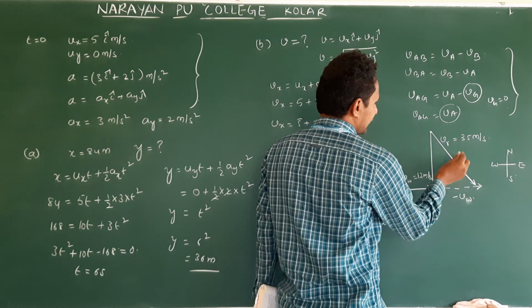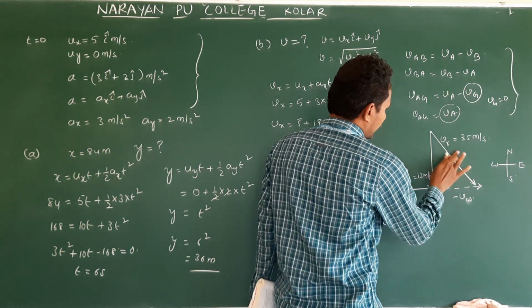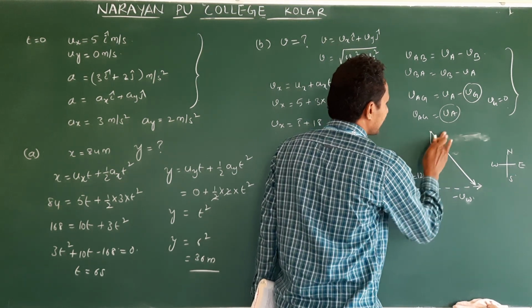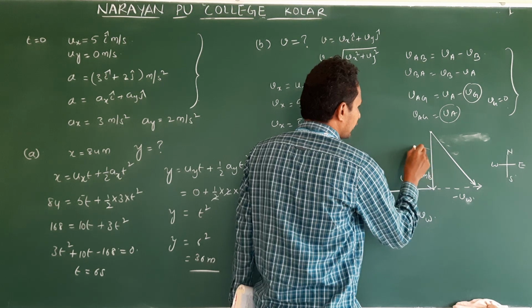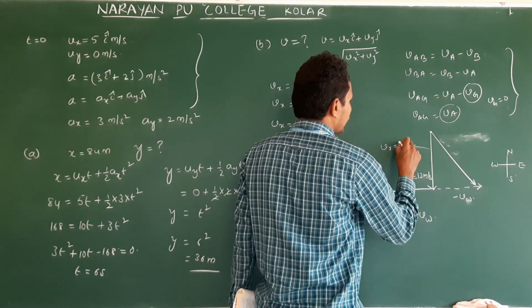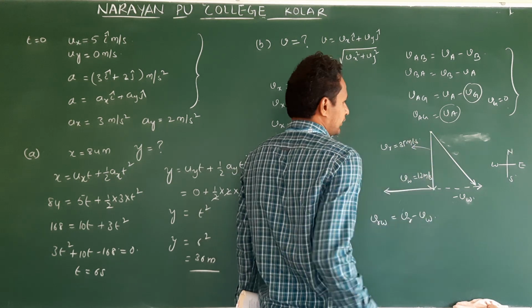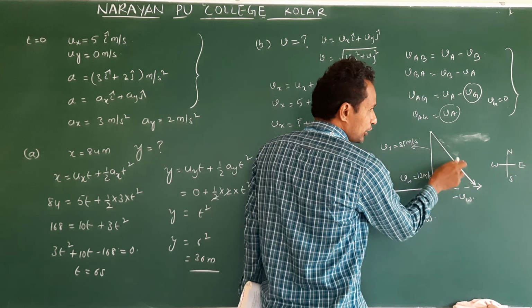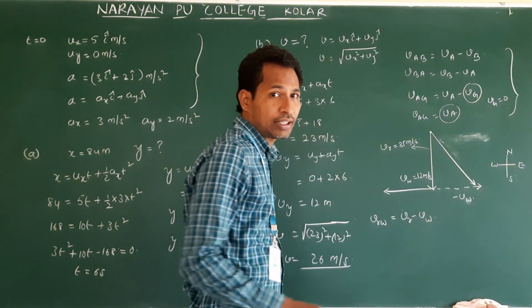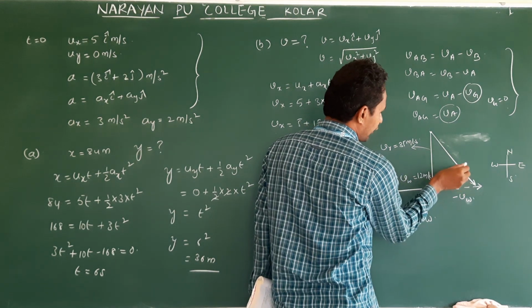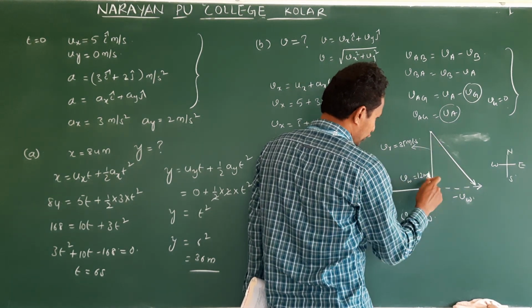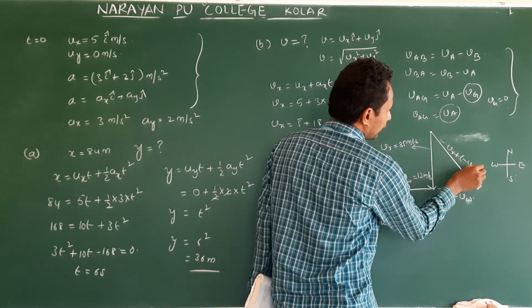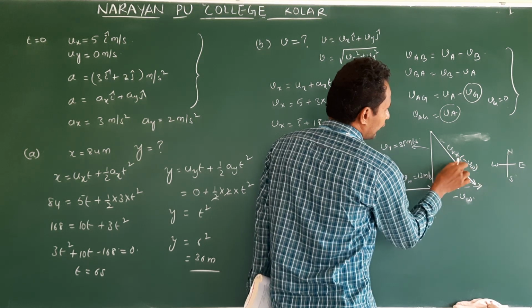Here, to avoid your confusion, this is VR, this one. VR is equal to 35 meters per second. And now this vector, how do you write? This is A, this is B. Then this will be A plus B. Am I correct or not? So like that, this vector will be the velocity of rain plus this vector, minus VW. Then what do you get?